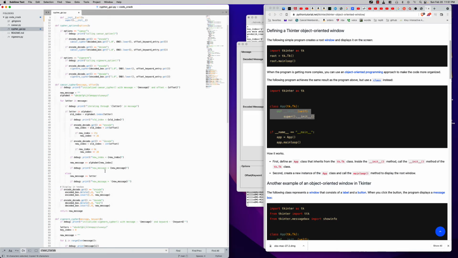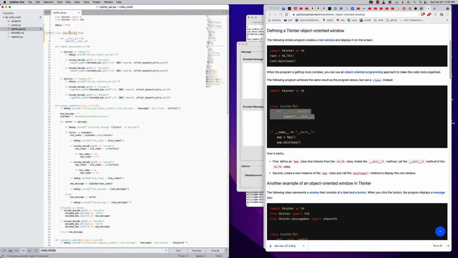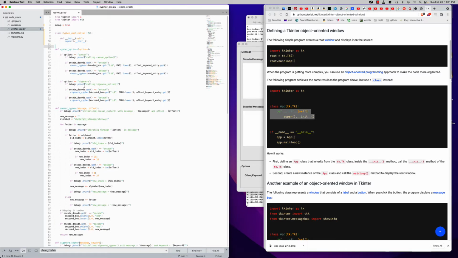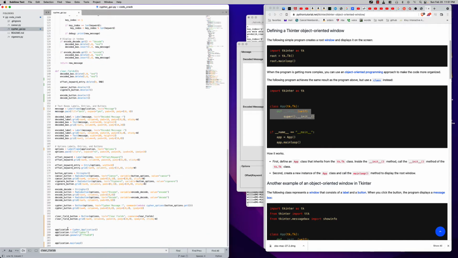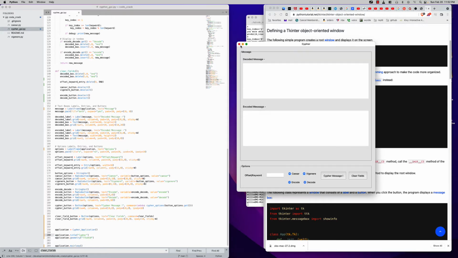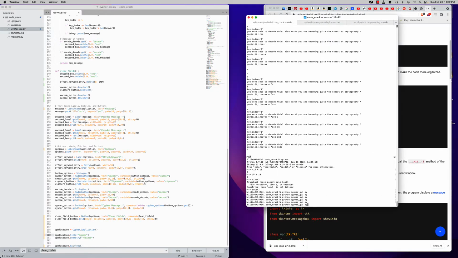And so this thing is not just an application, it's a Cipher application. Okay, so at this point, all we've done is create an application object, derived it from TK, modify the code to not just use a TK, but to use our thing. We should be able to save, close, run,